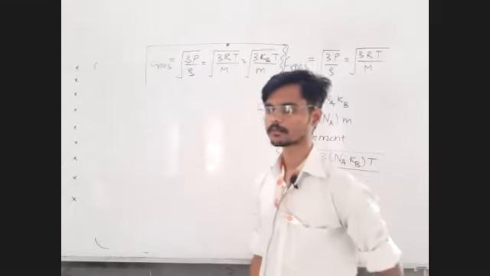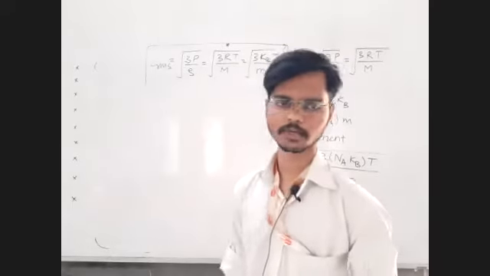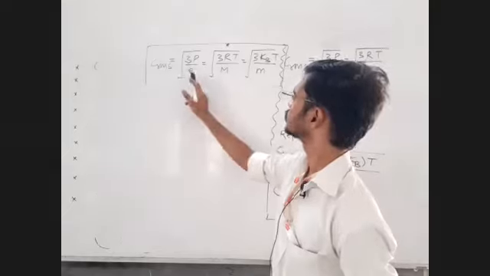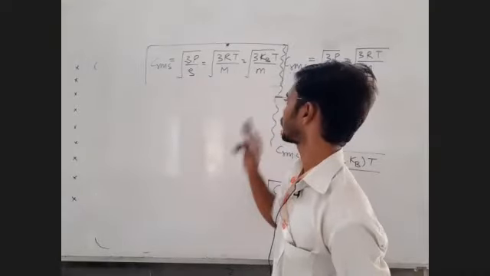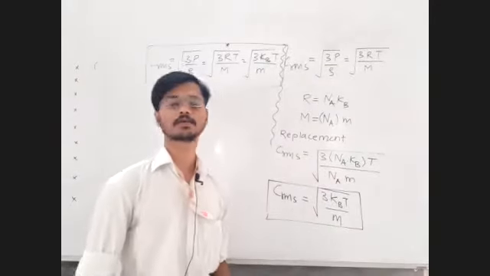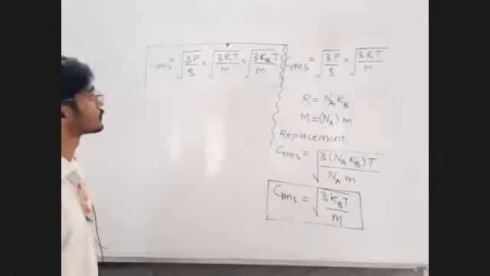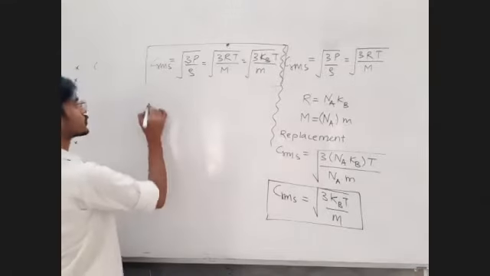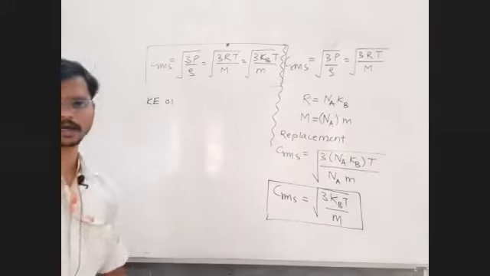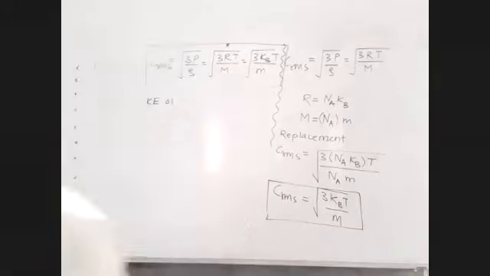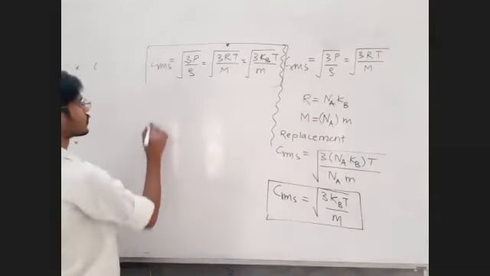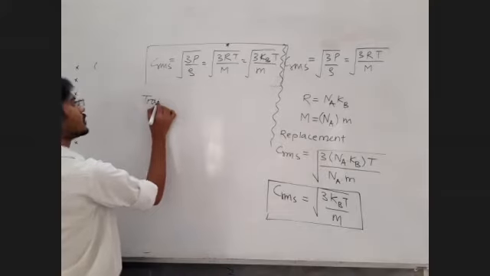Done. Now let us try to find out different types of energies. Now we have found CRMS in different formats. Now we have to find kinetic energy in different forms, or different formulae. Okay, let us try to find out kinetic energy. Which type of kinetic energy are we dealing with? Translational, rotational, which kind of? Translational.